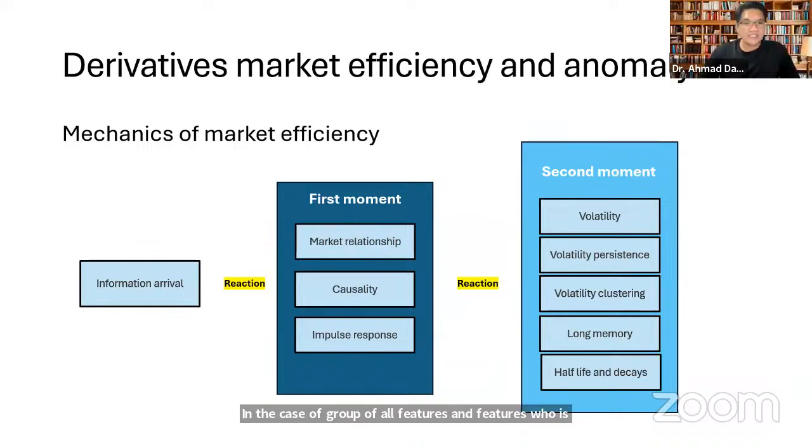Are we following the US or is the US following us? They think that because we are the emerging country and the US is a developed country, of course Malaysia is following the US. But after we did the analysis using the causality test,